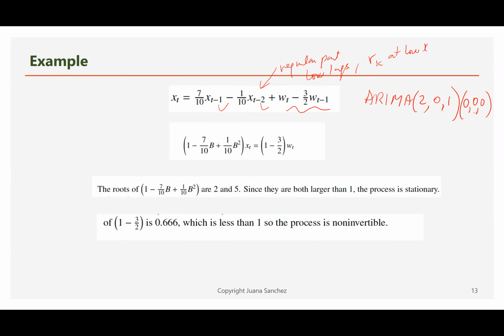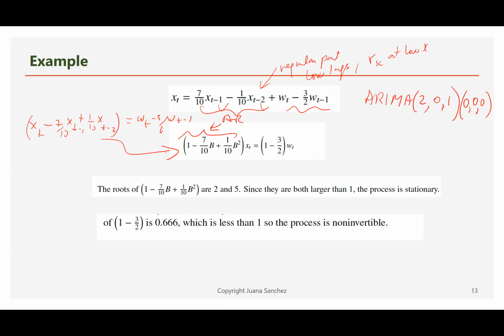So we have to convert this model to a polynomial. So we bring the AR part to the left, okay? And so first we did x_t minus 7/10 x_{t-1} plus 1/10 x_{t-2}, right? And then equals w_t minus 3/2 w_{t-1}. And then from here we go to this step, okay? Our AR part on the left-hand side and the MA part on the right-hand side, and we check the